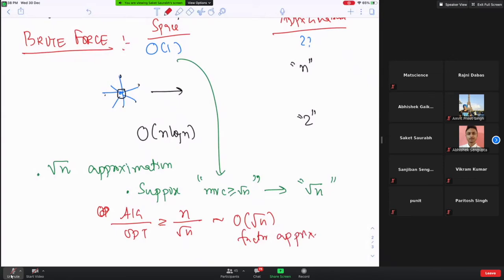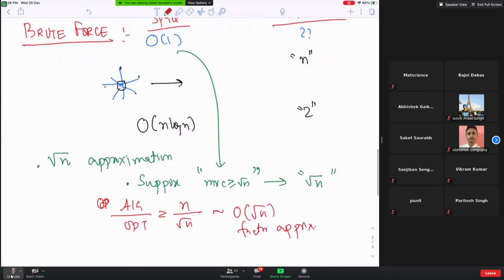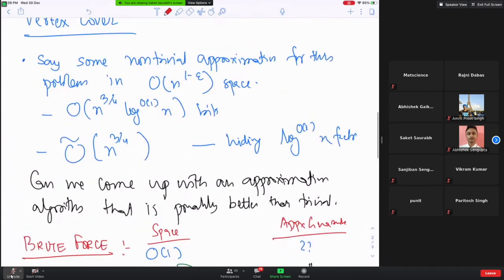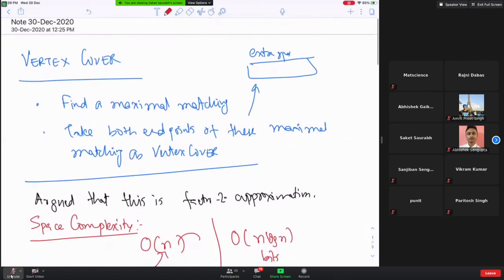Excellent. Okay, so this is a good point, right? If the minimum vertex cover is at least root n, then the trivial approximation algorithm which returns all the vertices is a factor root n approximation. Okay. Now my question to you is, if this is so, then as a strategy this is a very good strategy, right? Now, how can we implement this strategy? Can we look at this algorithm and implement this strategy?